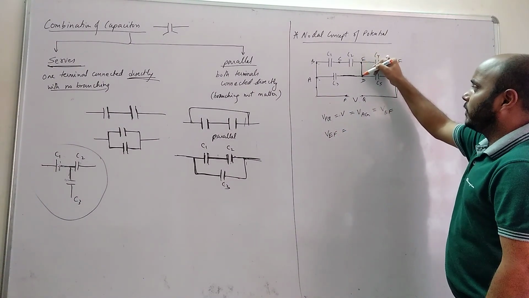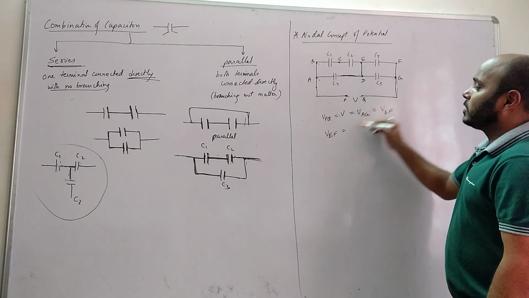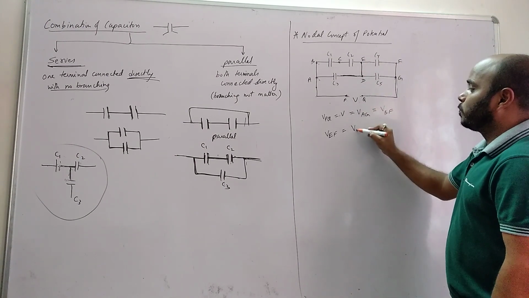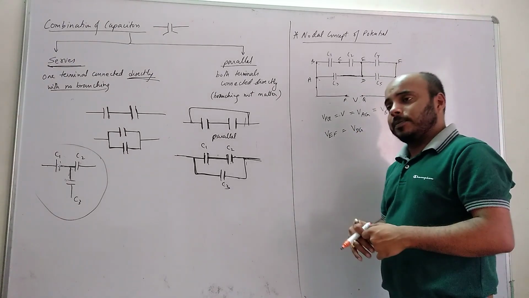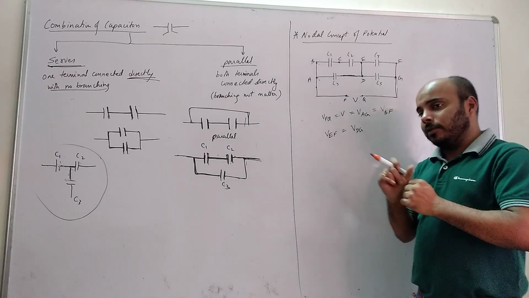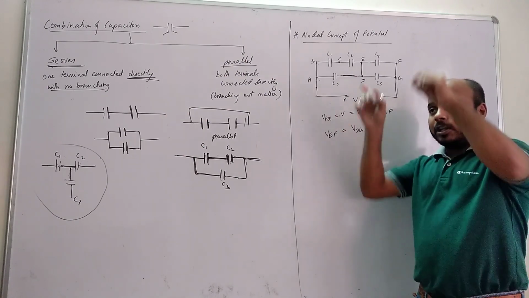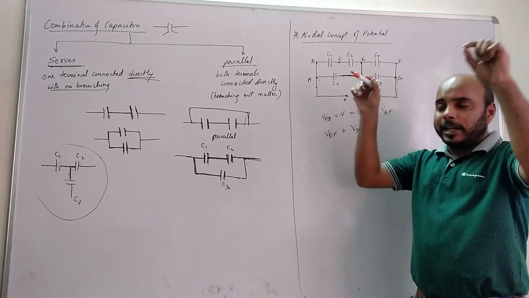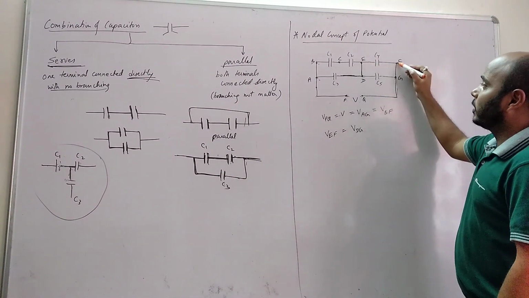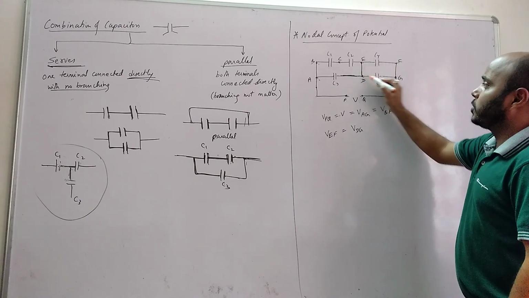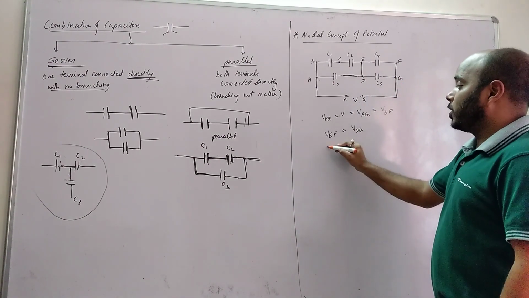Now E is directly connected with D, and F is directly connected with G. That means can I say potential across EF equals potential across DG, because they are directly connected. Don't see parallel and series concepts. You mug up like this: parallel है potential equal होगा, series है current equal होगा, charge equal होगा. ऐसे नहीं पढ़ना है. You have to see in the circuit whether nodes are connected directly or not. कौन-कौन से nodes directly connected हैं, वो दोनों equal होंगे. So E directly connected with D, F directly connected with G. That means the potential across this and the potential across this are equal. Is that okay, class?